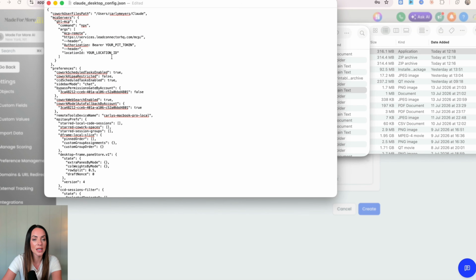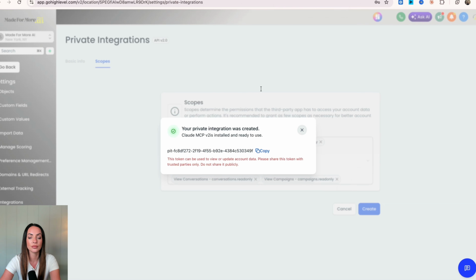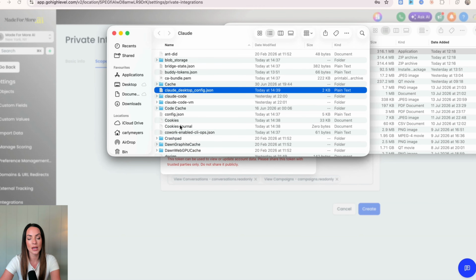Now, can you see it still has the placeholders in there? It's got your PIT token there and your location ID. So we now just need to put that information in there in order for it to be fully connected. So for the your PIT token, we're going to delete this bit. Make sure that you keep the bearer in there. Make sure that you keep the comma, delete that, come back into our GoHighLevel account where we just were, get the pit token that we created before. Let's go back into that